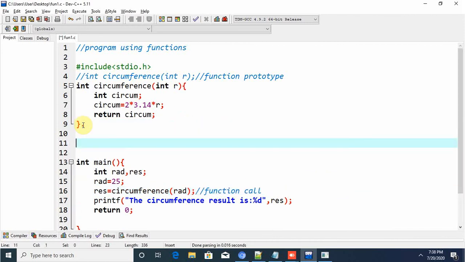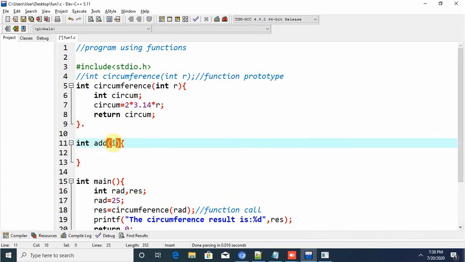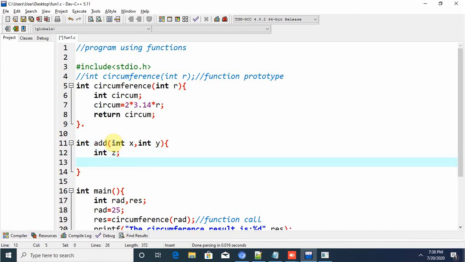Here I might have so many functions also like this. Int x, int y. z equal to x plus y.